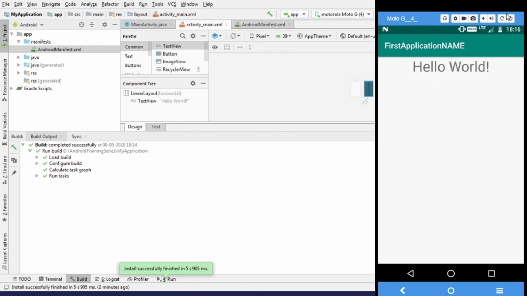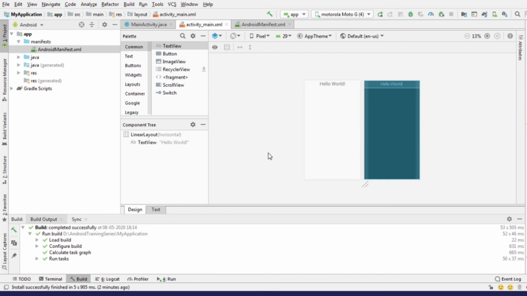That's it. Now I will tell you how to run your APK file on your real-time Android device. For that, you must enable the USB debugging option on your real-time Android device. For enabling USB debugging option on your real-time Android phone, search on the web for how to enable USB debugging option on your device and don't forget to mention your model number. After enabling USB debugging option, your device will be listed here.